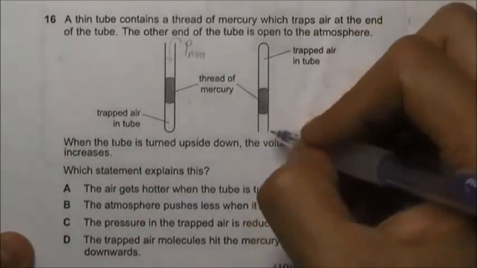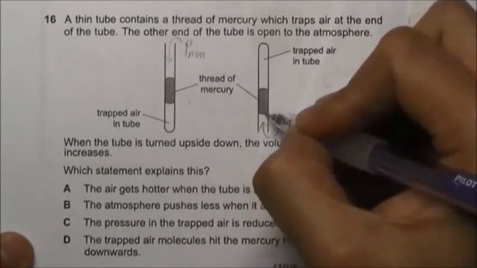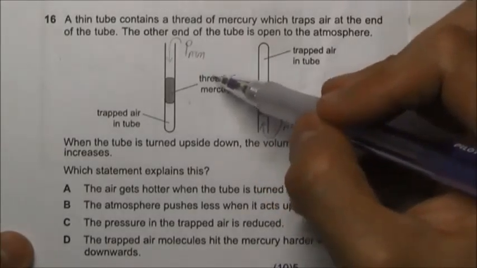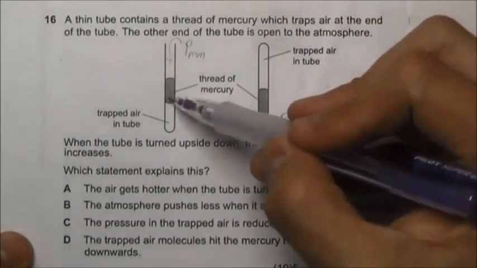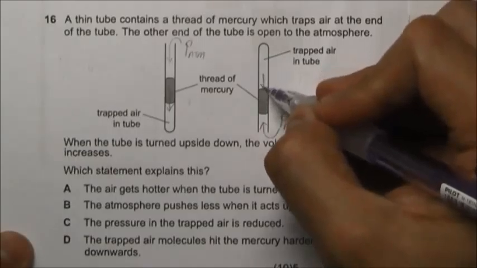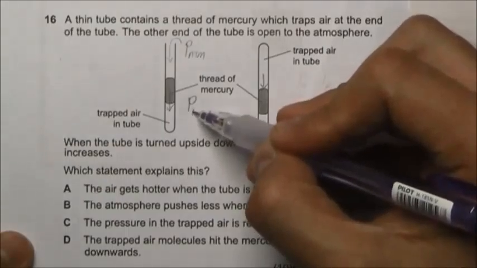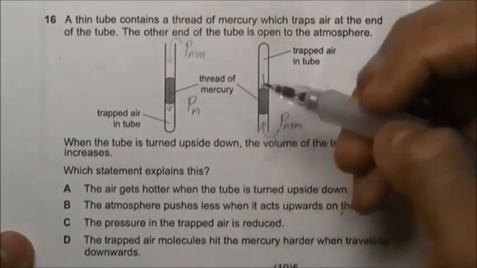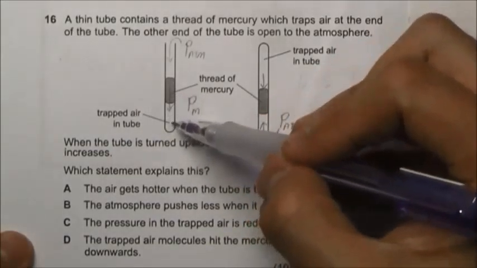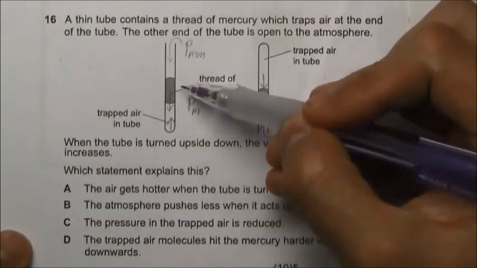And for the second scenario, the atmospheric pressure will act upwards, and the thread of mercury will exert a downward pressure, and I'll call this P with a subscript M to represent the mercury. So in scenario 1, the pressure of the trapped air is actually pushing up against the pressure of the mercury